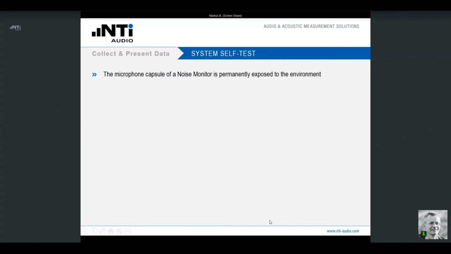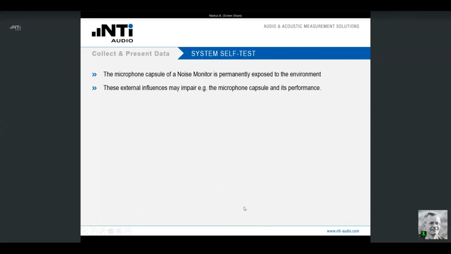So actually the microphone capsule is the most exposed part of a noise monitor. And we want to know whether the microphone capsule works fine, because if it is impaired by these environmental impacts, this has of course a direct impact on the correctness of our measurement data.